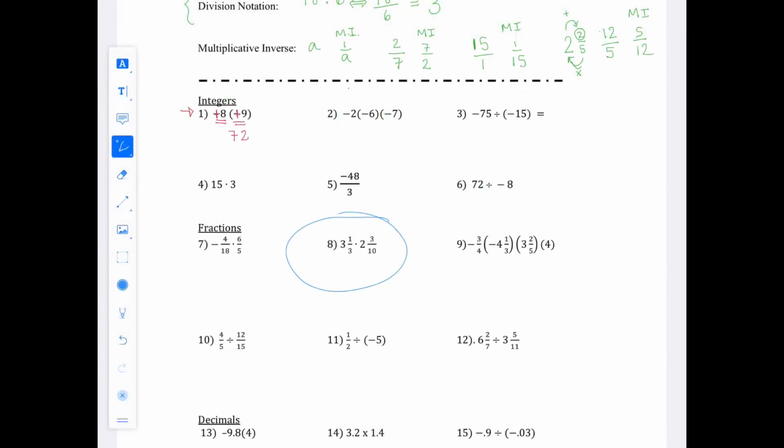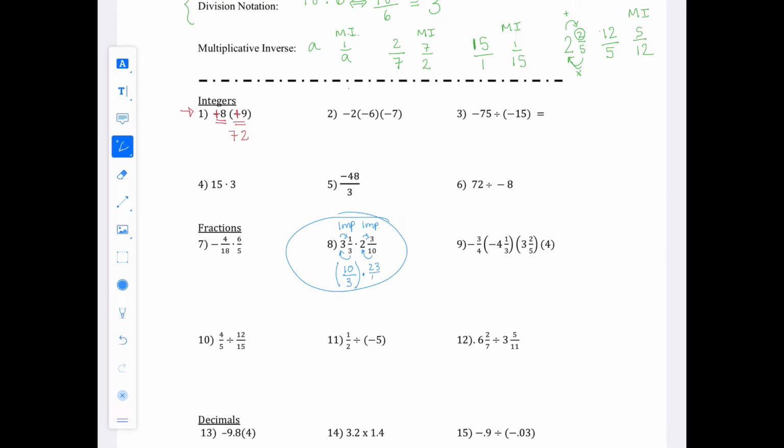Let's take a look at this problem so that you can do a practice one that's similar to it. Now you'll remember, I'm going to change both of these to improper fractions. And that is 3 times 3, which is 9, plus 1 is 10. 10, keep the denominator. 10/3 is that first number, times. Now let's do the same thing. 10 times 2 is 20, plus 3 is